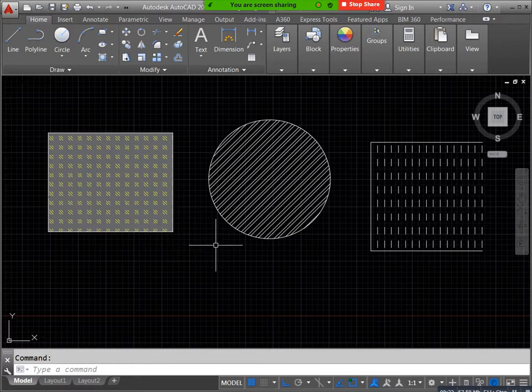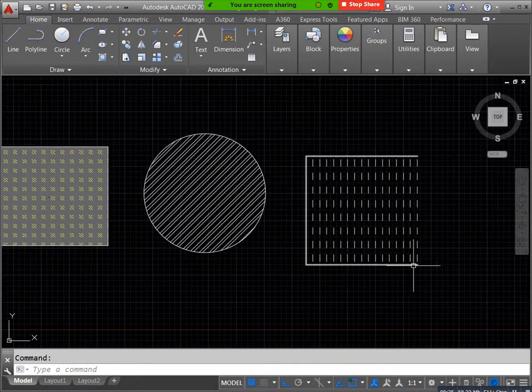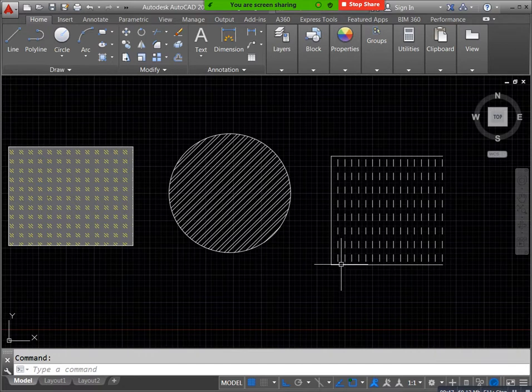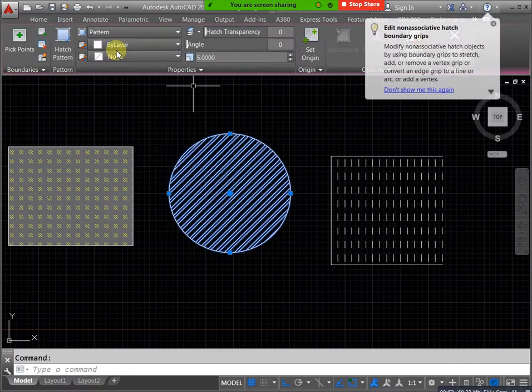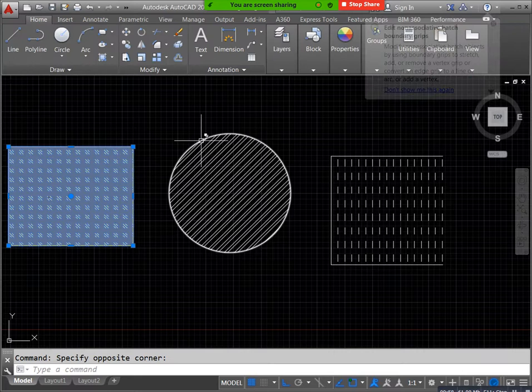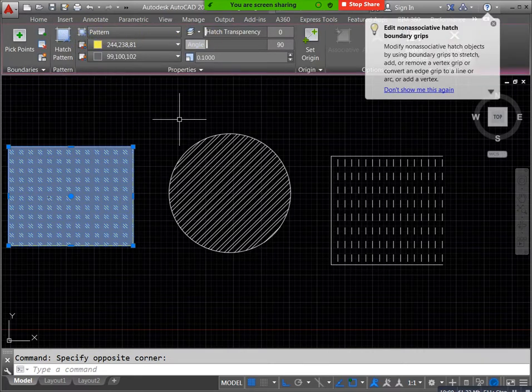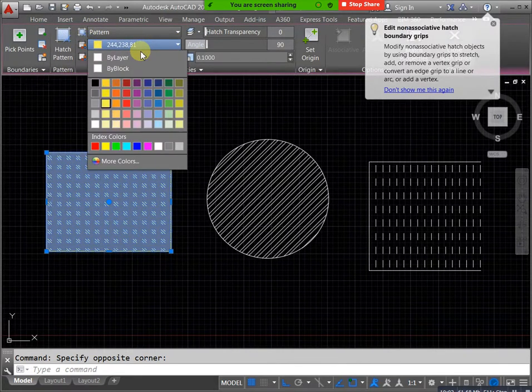In case you need to edit your hatch, for example, I need to edit this hatch. Just select this hatch and all of this comes automatically. You don't need to type the hatch edit command. Directly select your hatch, then you will get the information again. If you want to change something, you can change it directly. I need only bilayer. At the same time if I need none, you can get the same. If you need to edit your hatch, you can edit it directly by using selection.